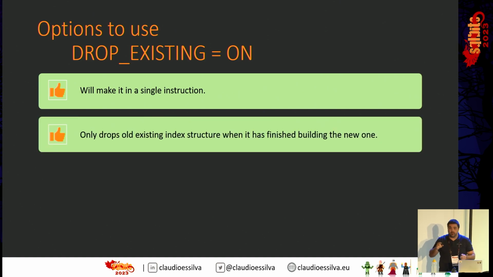If everything goes as we expect, the previous index is only dropped after this one is finished being created. So we have a side transaction running. Whenever these finish and everything is good, let's drop the old one. If while this is running we say, kill it, stop it, this will be almost instantaneous to stop, and this one is still there working. That was what didn't work for that client, because the drop went